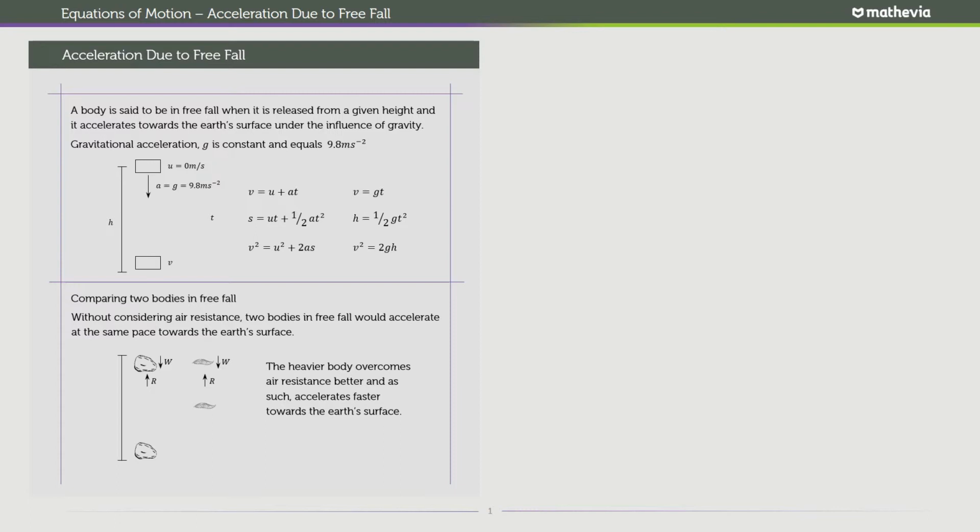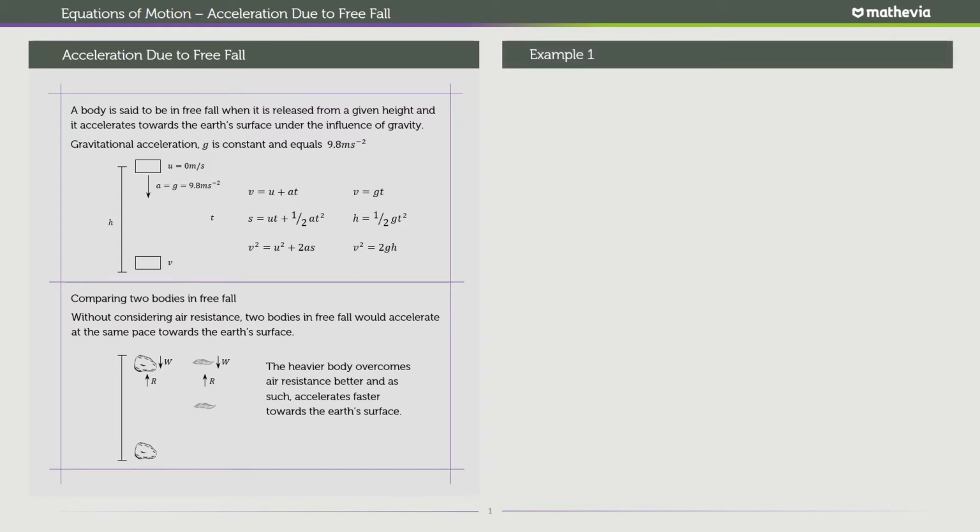But without considering air resistance, we're still talking about kinematics. We're not talking about forces yet. So without considering air resistance, all of these equations apply. And in truth, if you suspend two bodies, regardless of their weight, regardless of any forces, you would have both of them hit the ground at the exact same time. Okay,